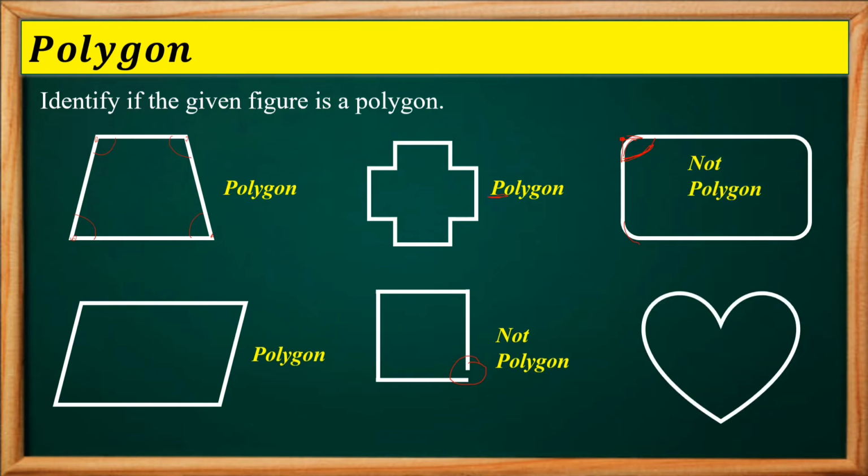Okay, how about on this part? Okay, the sides are line segments? No, therefore it is not a polygon. Okay, good. Now,